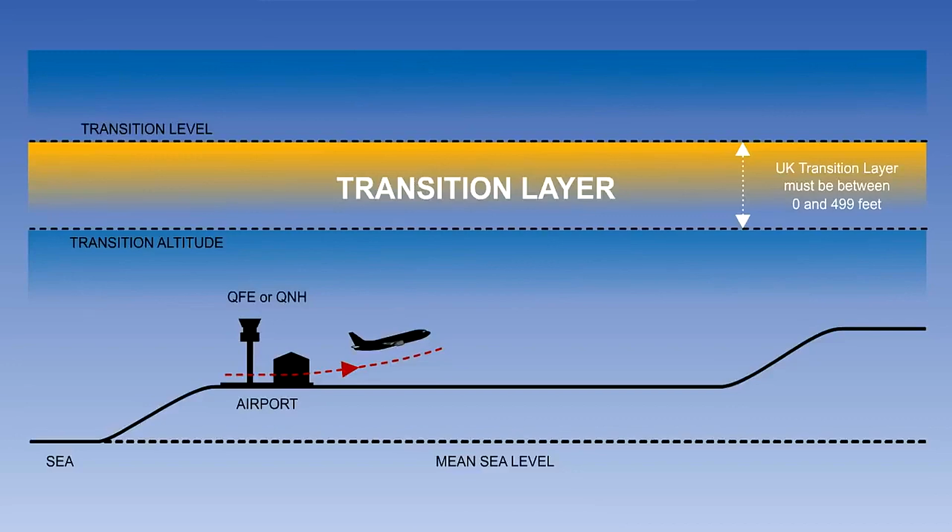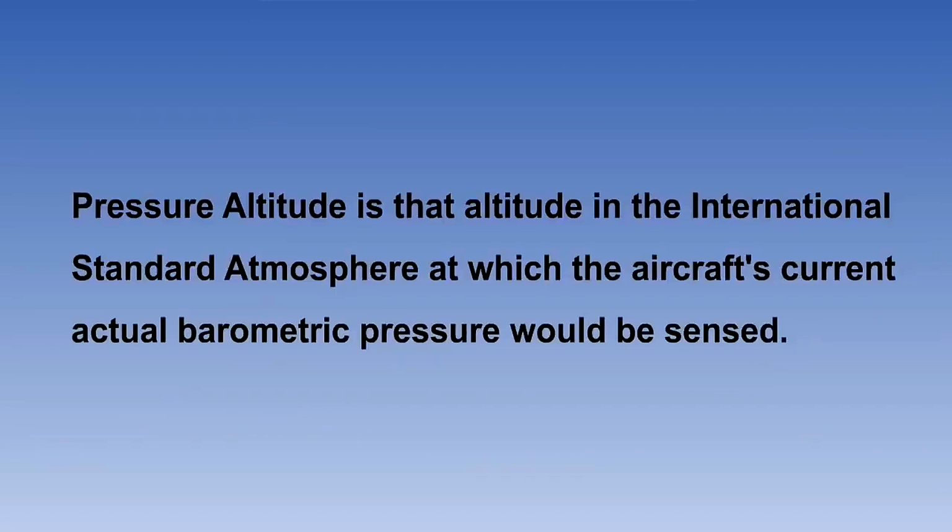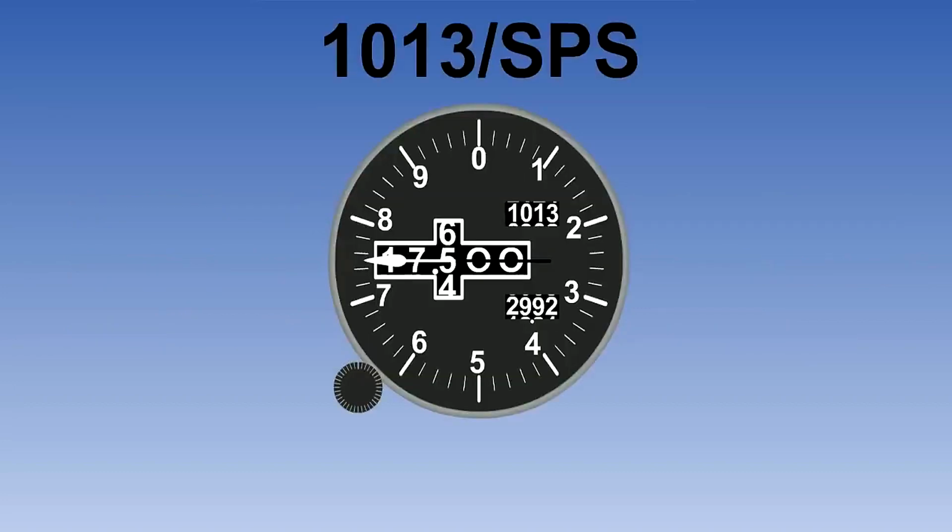Let's summarize what we covered in this lesson. We started by showing that when QNH indicates the airport elevation at touchdown, this is not necessarily 0 feet at sea level and not necessarily true altitude, but it is usually close. We explained that transition altitude is the point at which we change from QNH to flight levels on the climb. We also said that it did not change with the QNH, and so can be permanently published.